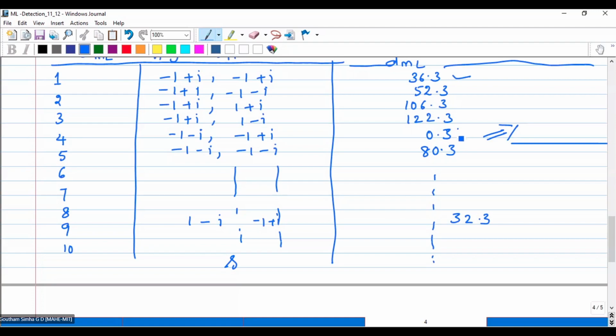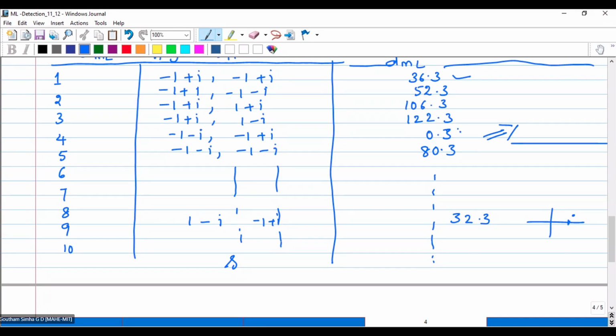Now for this, the metric shows a distance. If you transmit this, and somewhere because of the noise component this dot is very near this DMML I'm calculating, that maximizes the argmax of the function y received with s transmitted. That is what it means, that maximizes this. So that is the minimum distance of the radiated symbol across all these points. This is a pretty simple way of explaining what this maximum likelihood detection scheme is.